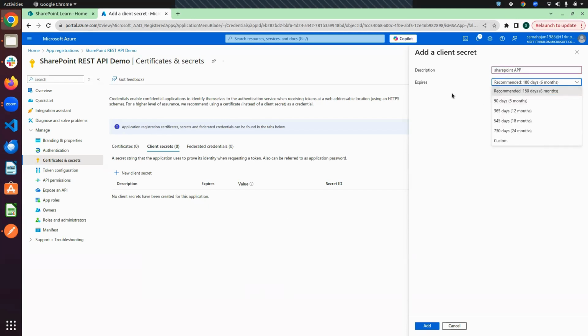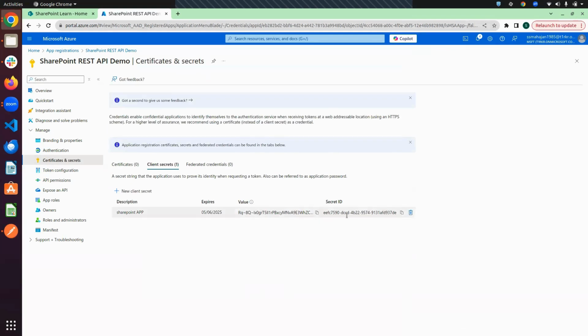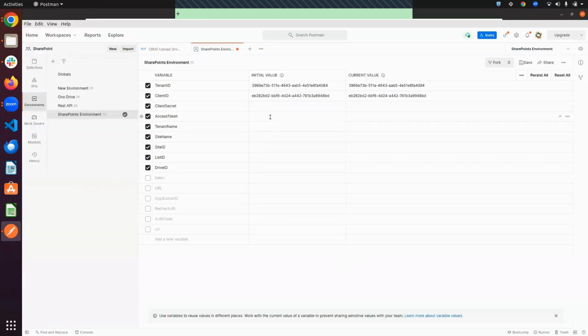I'm selecting the default and adding it. This is our secret ID, successfully created. Copy this secret ID and paste it here. So friends, we have successfully got the client ID, tenant ID, and secret ID.